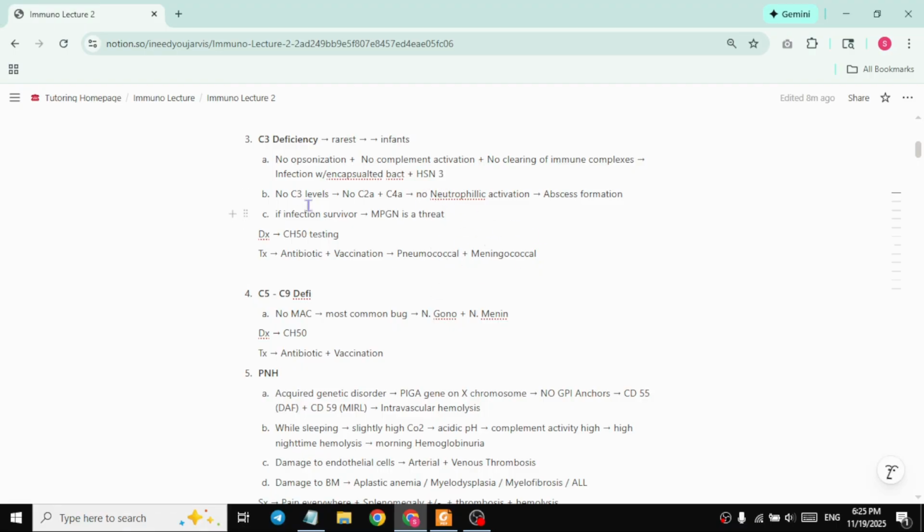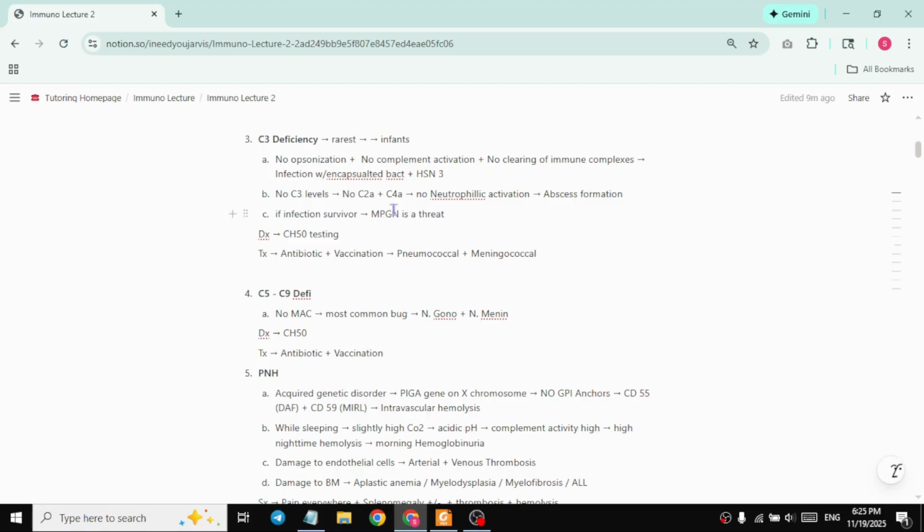Lastly, because the C3 and the phagocytosis wasn't working, you will start to see abscess formation, right? The immune system is not fighting it, just containing it. That's the principle, right? Because fighting it would require these complements, but you can only do so much and just contain them for now, right? Now, if the person survives the infection, like the infant survives the infection, the later threat becomes